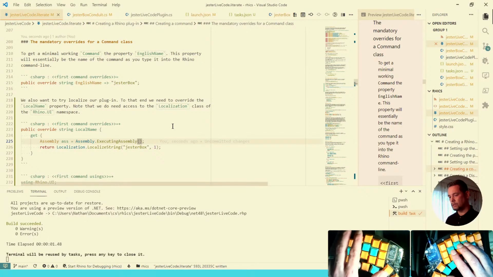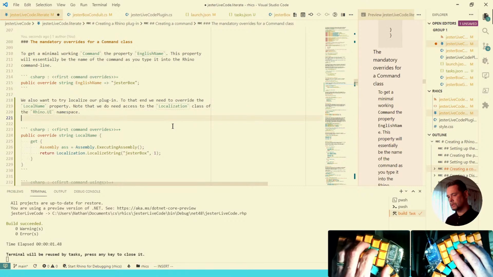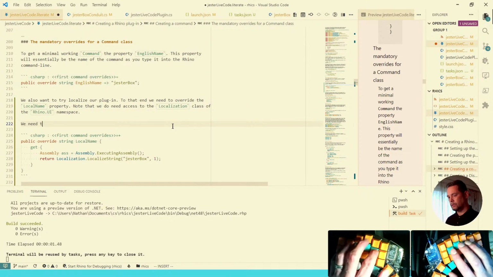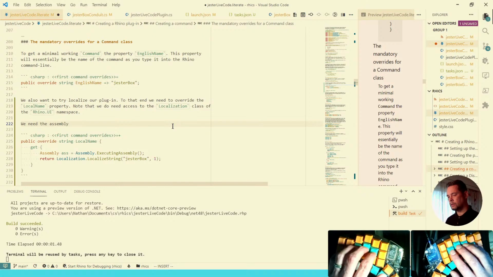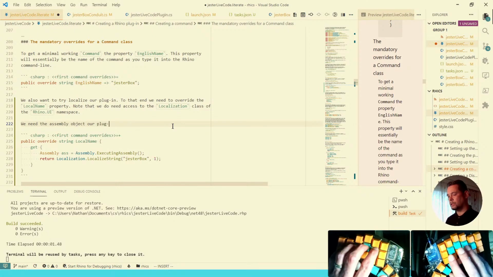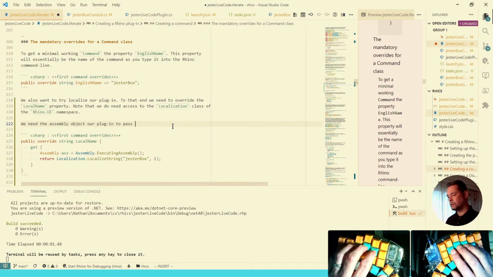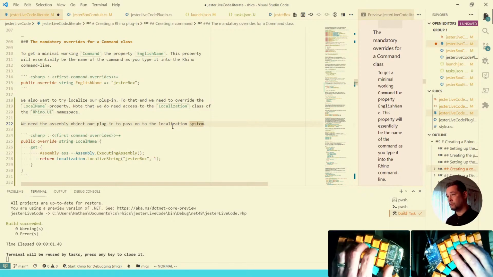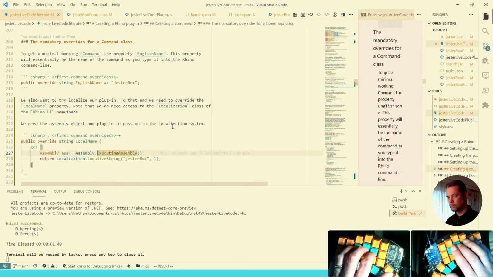Right, so let's type down: we need the assembly object for our plugin to pass on to the localization system. Well, that is at least what we think right now. Get executing